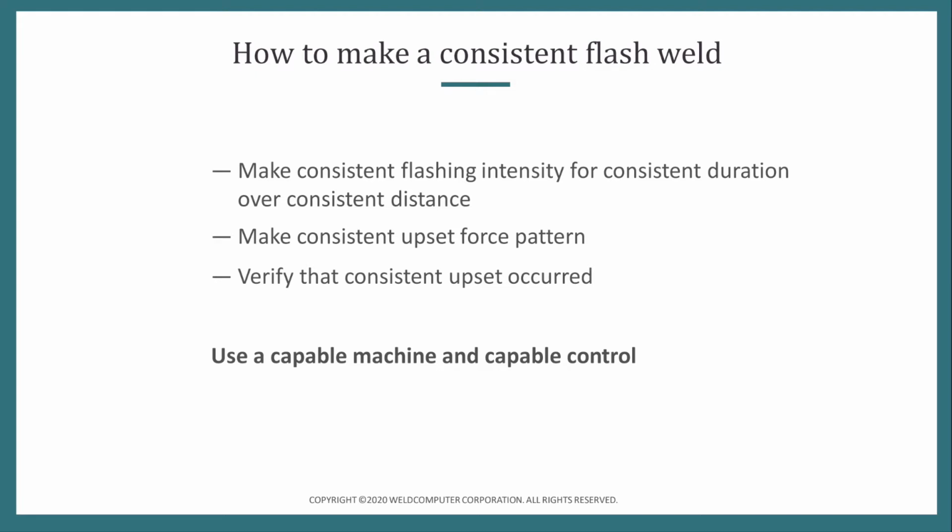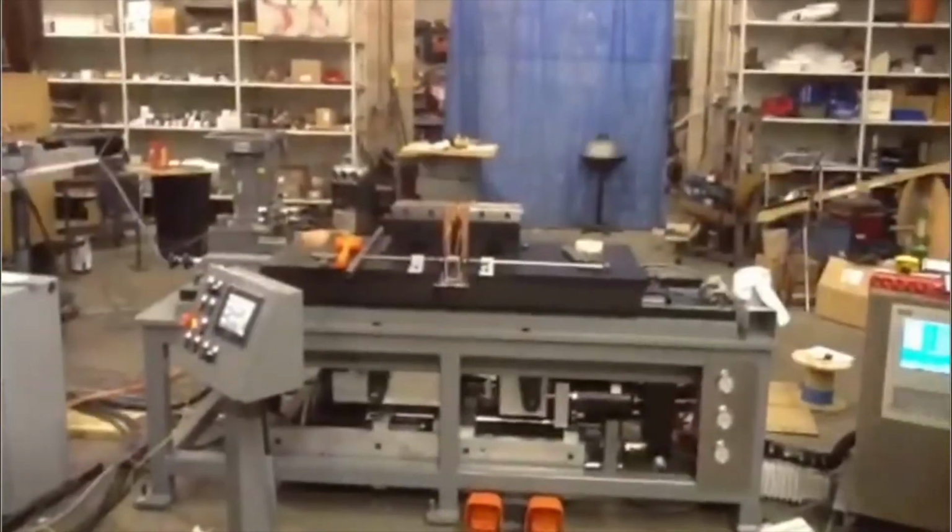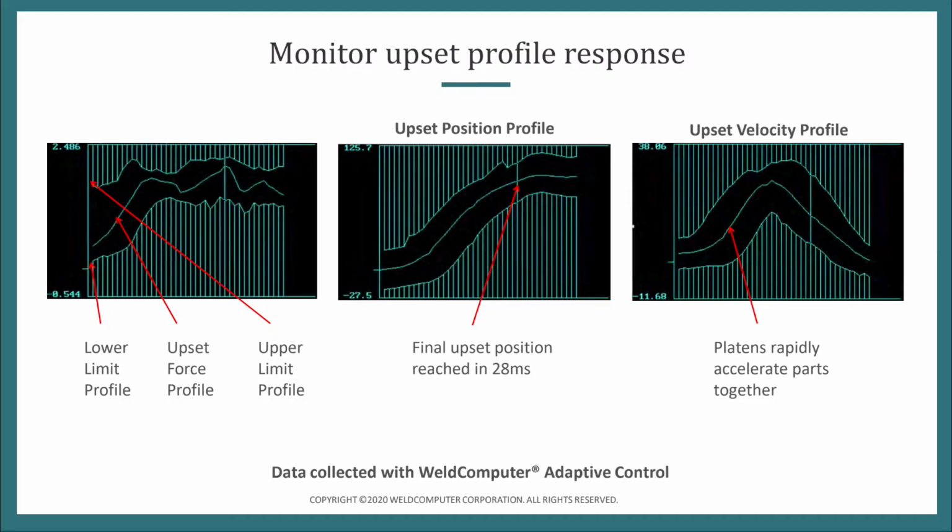To make a consistent flash weld, it would seem obvious that you should use a capable machine and a capable control: make a consistent flashing intensity for a consistent duration, make a consistent upset force pattern, and after you do all of that, it also helps to verify that you had a consistent upset. So if you do all of that,